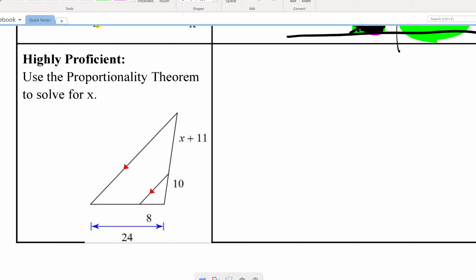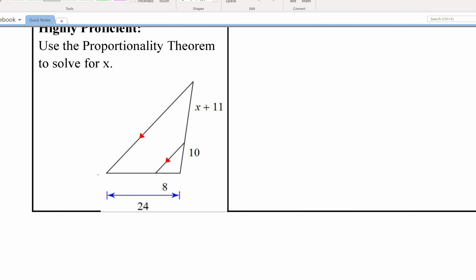This is a video on proportional triangles or similar triangles. There's actually kind of two sets of triangles that we could look at here. We might call this point A, here B, C, D, and E. And so if you look at the smaller triangle,